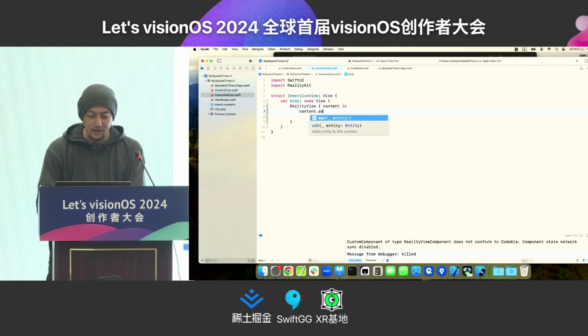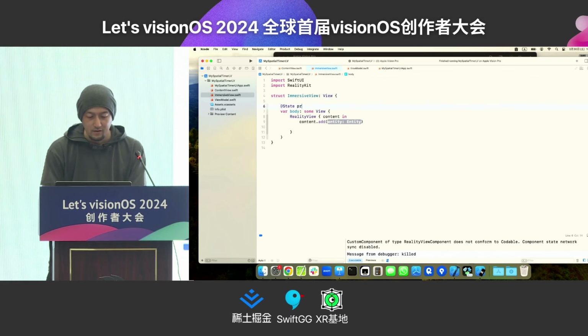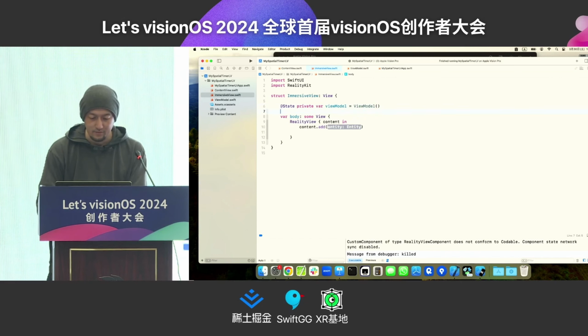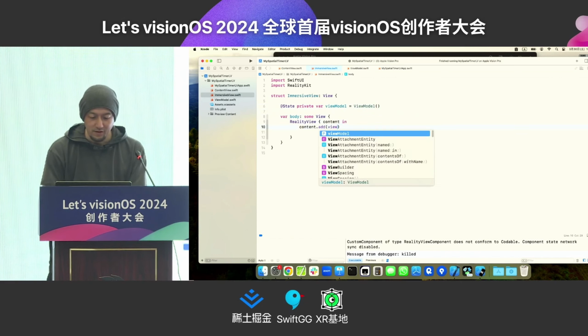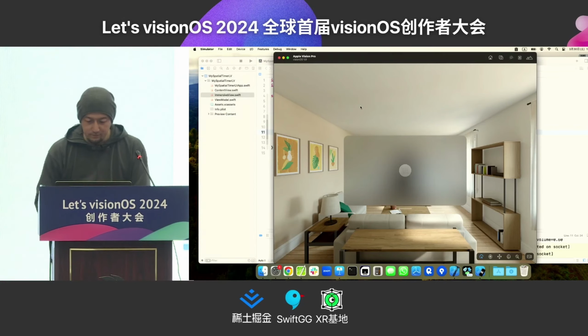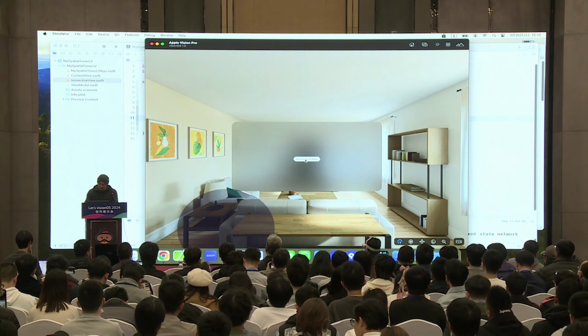Then content add, oh, I forgot the view model state, view model, and call view model setup root entity, and view model add marker. It looks the same and it's going okay.